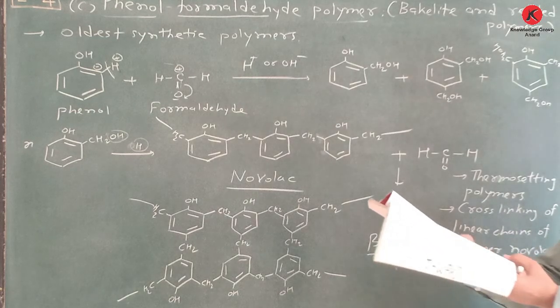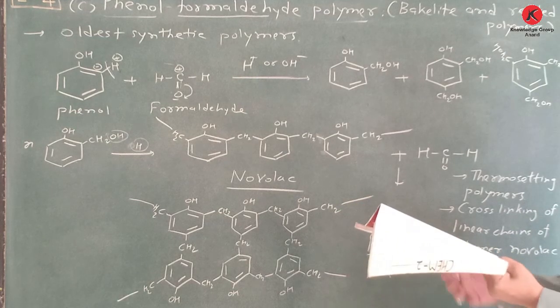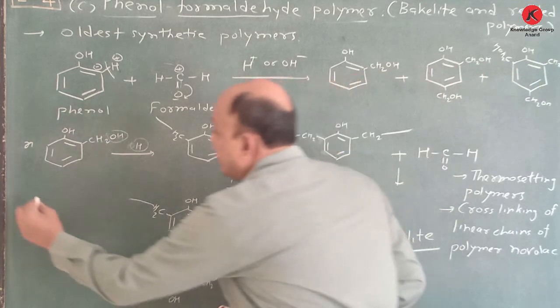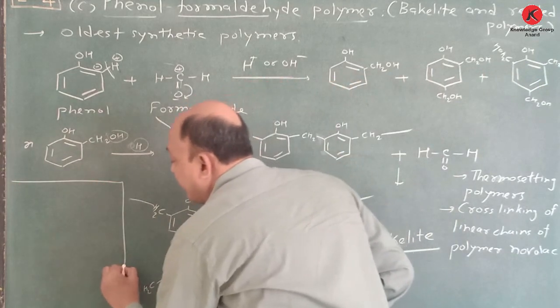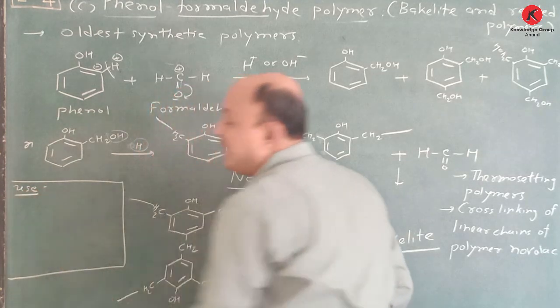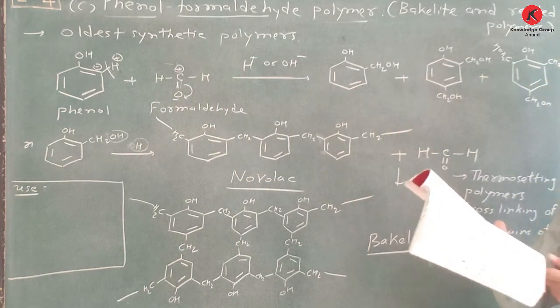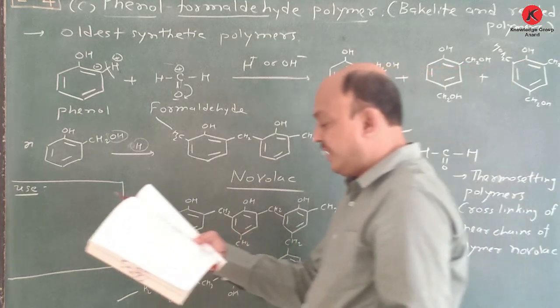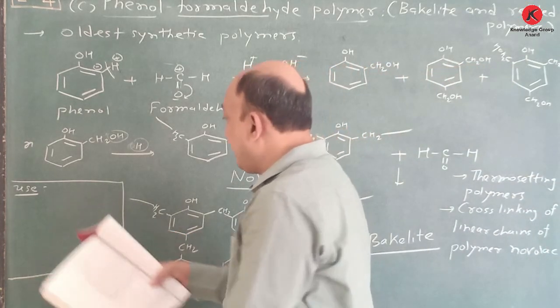Okay, so this is important. Bakelite is used for... now write "uses" at this position. Write down uses, because uses are very important. The uses of this bakelite plastic: they are used in making combs,